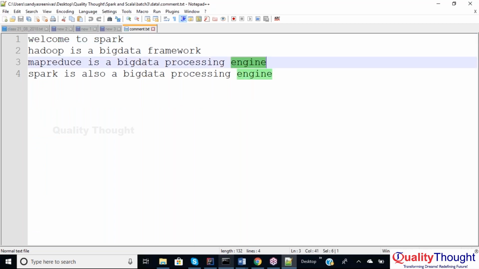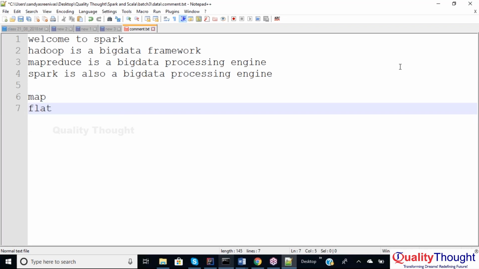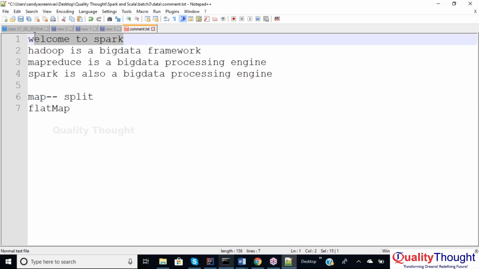So first, what we are doing with this data, we are splitting using the map function. Then after that, by using flat map we combine. Inside the map function we used a split function. So each row is split into multiple words and written as one collection. Like this we got 4 collections. So to combine these 4 collections,